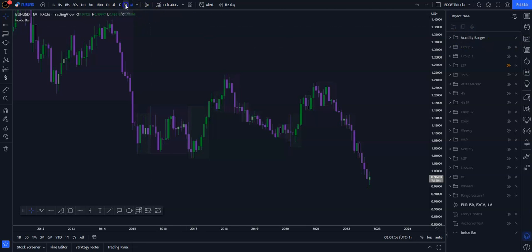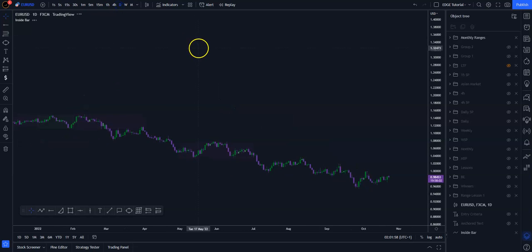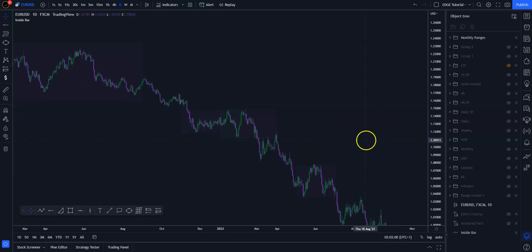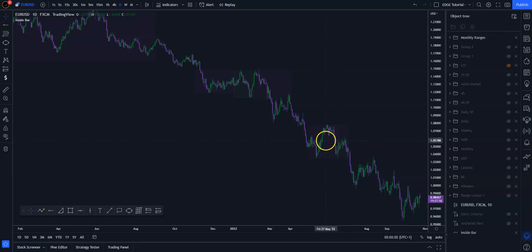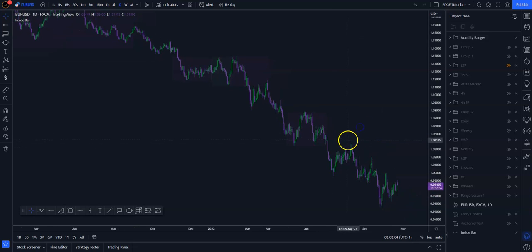And when we're on the weekly, daily, whatever, if we want to see, oh, that was our last monthly supply range, but it's not really relevant to us now on the daily, we can have it in the back of our minds to be what areas we're in on the higher time frame. But then, if you don't want to see it, you can just hide it. No need to delete it all and redraw it every time. This is great